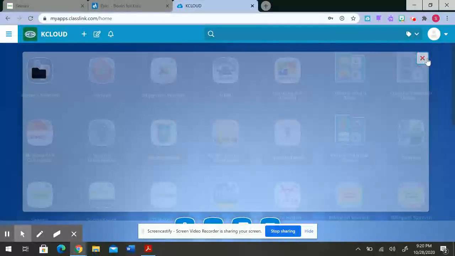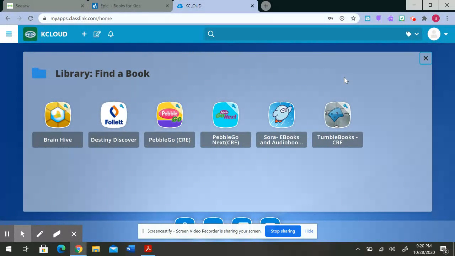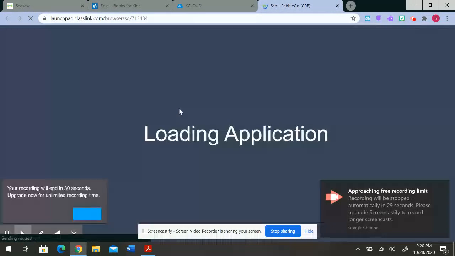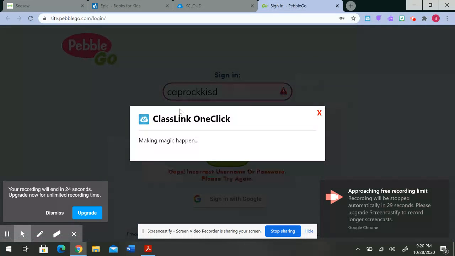One other place in KCloud here is Pebble Go. Now, if you're noticing this little button right here, yellow, purple, pink, this is Pebble Go. You can click either one of these Pebble Go buttons. And if you are logged into KCloud, it should automatically log you in.